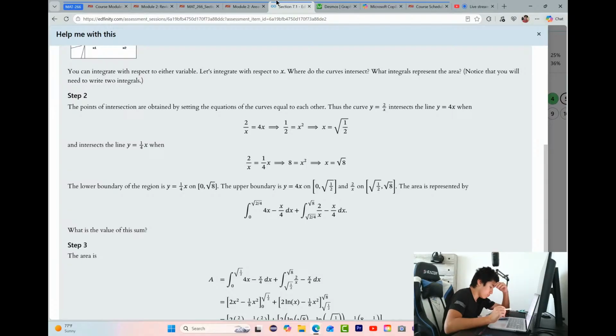The upper boundary is going to be y equals 7x on, oh my gosh. And what is square root of x? Square root of 8. Square root of 8 is going to be the intersection between 8 over x and 1 over 7x. So over here, what? Wait, hold on. Oh my gosh. Now what? No, it's okay. So first,